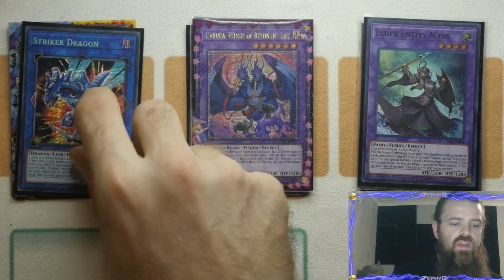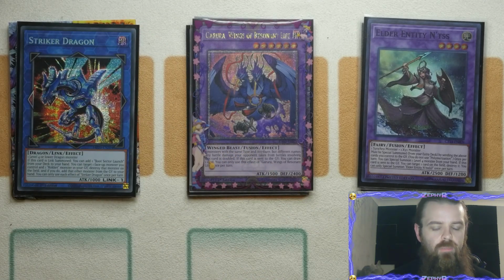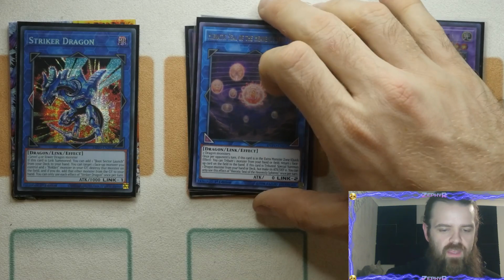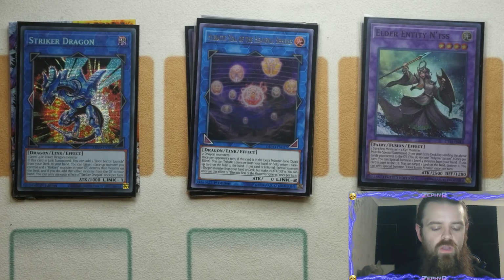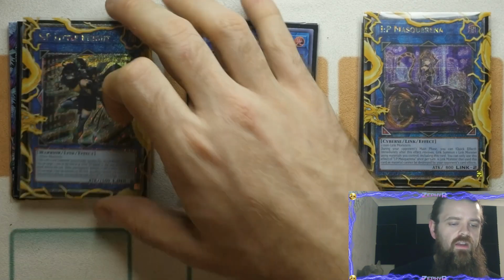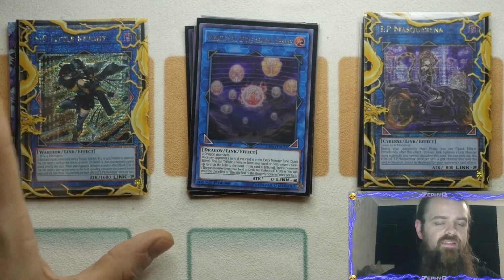You've got your Striker Dragon that you're going to turn your Black Metal Dragon into, and if you get another dragon extended to the board like a Red-Eyes Black Dragon, you can actually go into Spheres. Spheres can of course summon out a Magnemute during your opponent's turn. It can summon out any of your other dragon monsters that you might feel are effective for you. And then of course you've got your IP Masquerena leading you into SP Little Knight. If you don't have access to SP Little Knight, you can take this out very easily and go for a